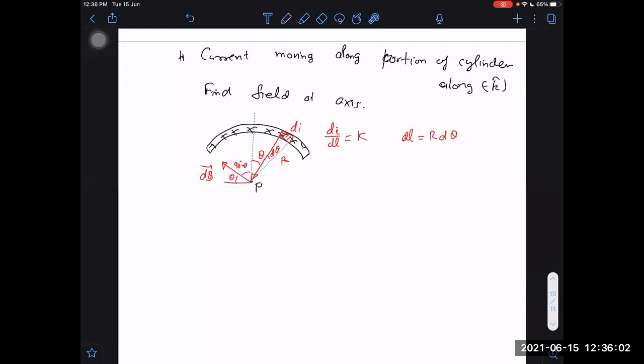See, dl is into the plane. No, sorry, I said it opposite. Wait a second. dI is into the plane and R is this side. Then dl cross r, if I take the right hand thumb rule, it will not be in this direction. It will be opposite to that. It will be this side. Right or not? So dl cross r means it will be in that direction.